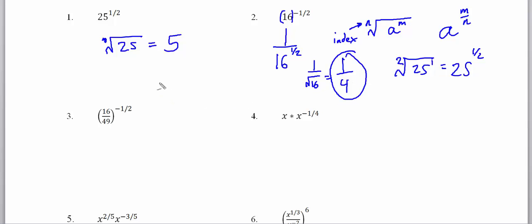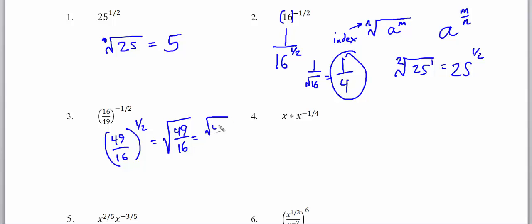That's good to go. In problem number 3, we now have another negative in the exponent here, and we're going to flip this on its head because that's what fractions do. When it's a whole number over 1, this is a fraction, so flipping this on its head is the equivalent of putting 1 over 16 divided by 49. Then we make that the positive 1/2,